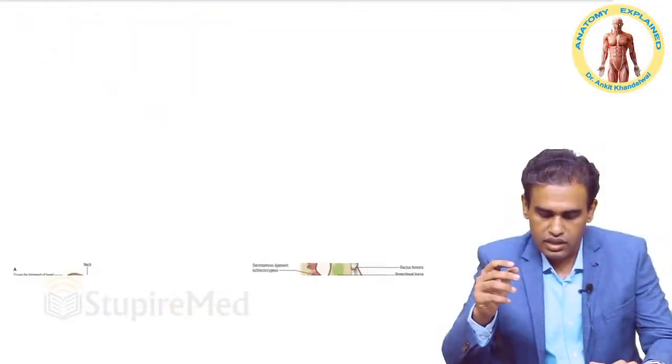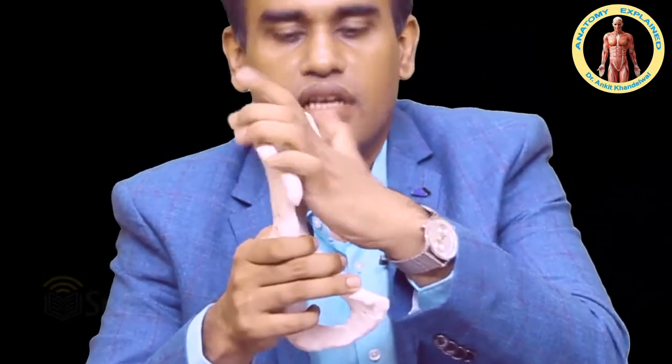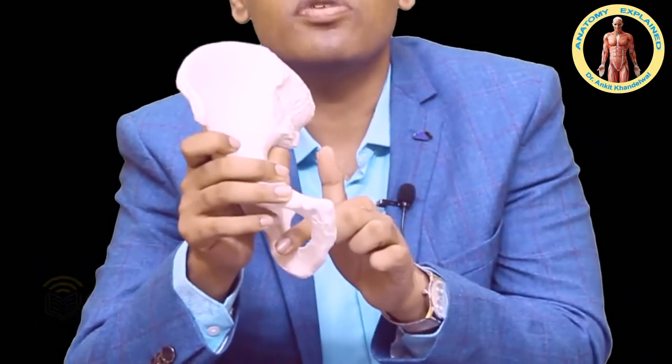Outer aspect of the left hip bone. So over here we have the hip bone, but this time we have the right side hip bone. So this is our hip bone. On the top we have the ilium. This is the anterior side, so pubis. Posterior side, ischium. You have the foramen, obturator foramen.